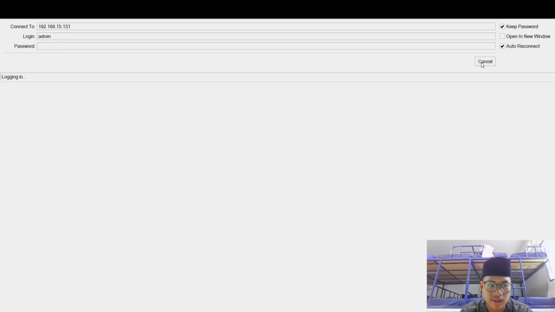And click connect. See? You are now inside your MikroTik RouterOS. You should see the Winbox interface. On the left, there is a menu with things like interface, IP, bridge, routes, and many more. This is where you can control everything about your network.